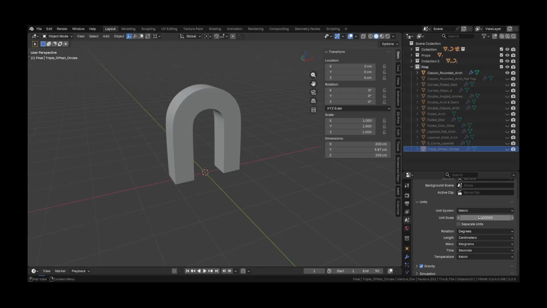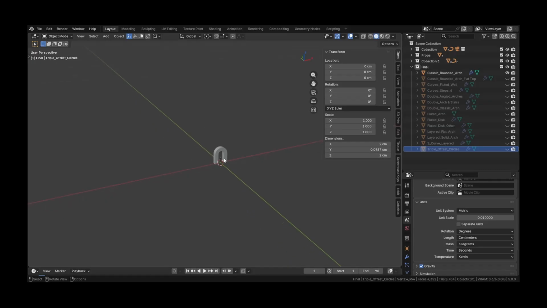We need to change the unit scale. So instead of 1, it now needs to be 0.01 in centimeters. And now this is working for us. Blender is now going to work in centimeters. So this is actually 2 centimeters. And you'll notice it looks very tiny based on the grid that we've seen, but that will